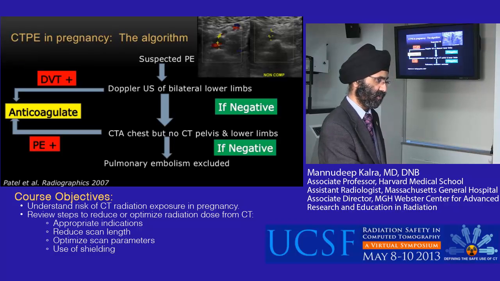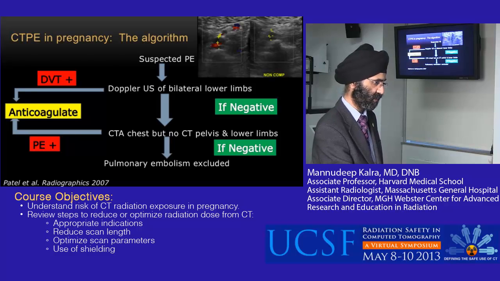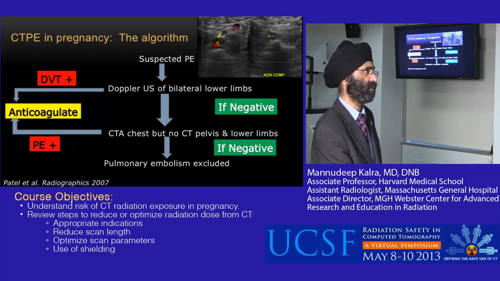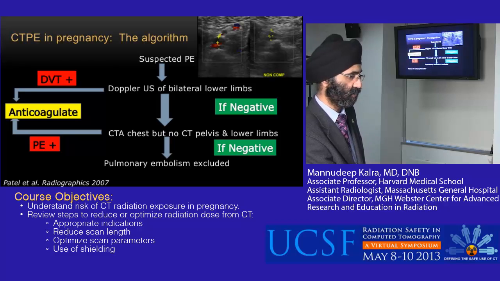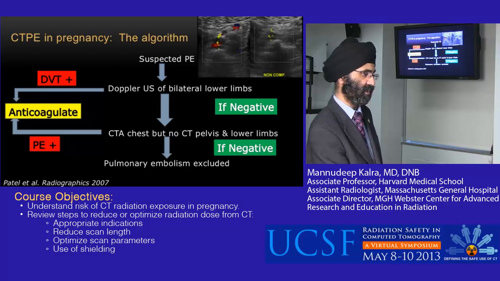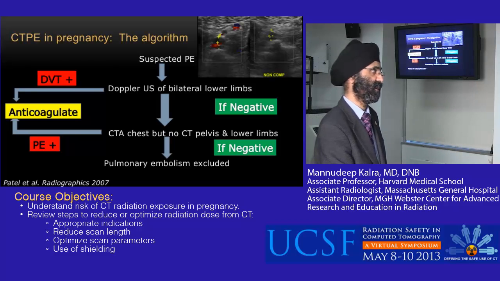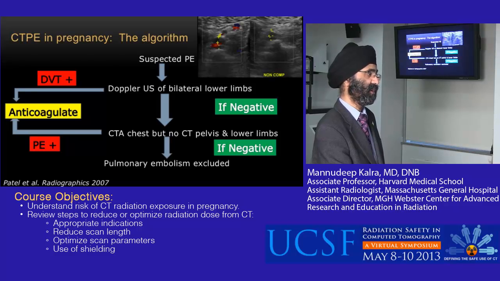This is our protocol that we use at Mass General Hospital and has also been reported in the RadioGraphics article by Patel et al. in 2007. When there is a patient with suspected pulmonary embolism, we would first do a Doppler ultrasound of both the extremities as is shown in this figure. If we see a thrombus, we would stop because the patient has been diagnosed with deep vein thrombosis and anticoagulation can be started. However, if the Doppler ultrasound is negative, then only we will do the chest CT, and